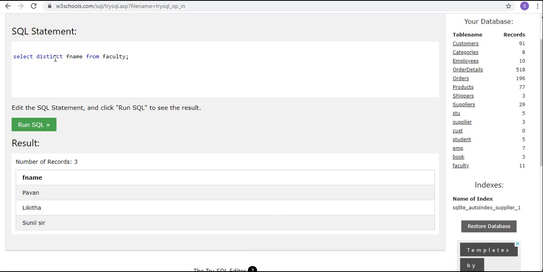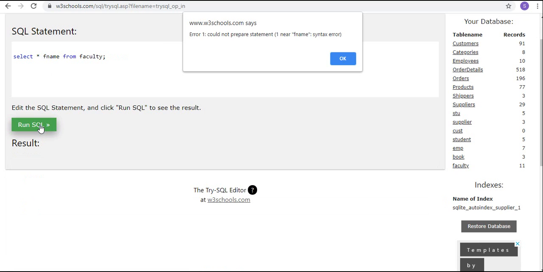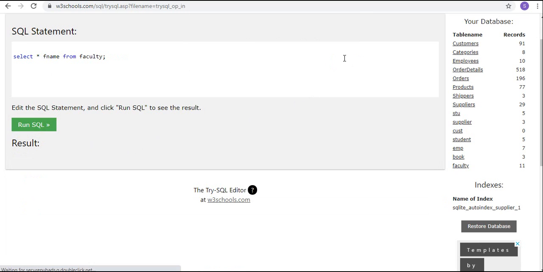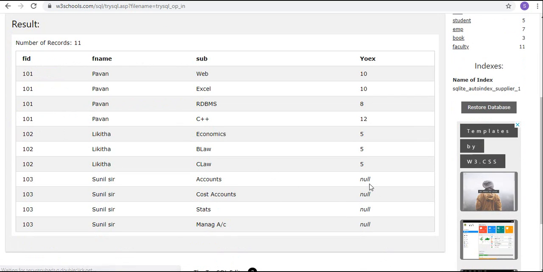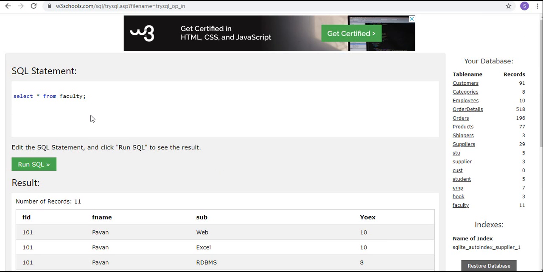See, again I am going with select star from table name. So here I don't have values for these 4 fields, right? So I want to set them. Now what is the command?